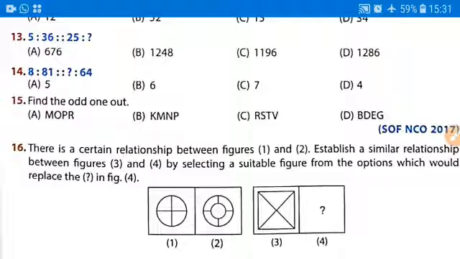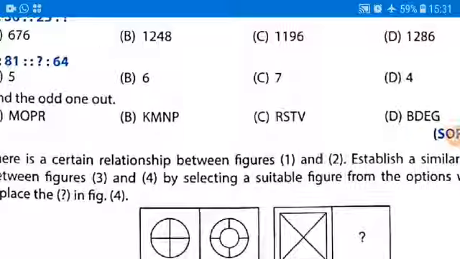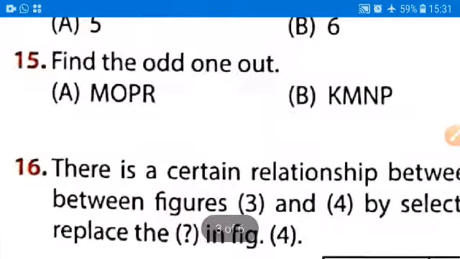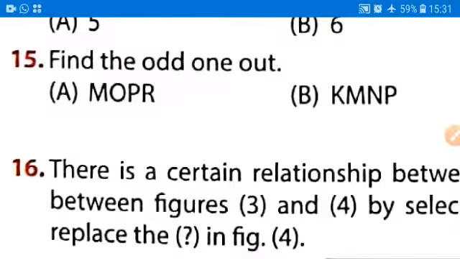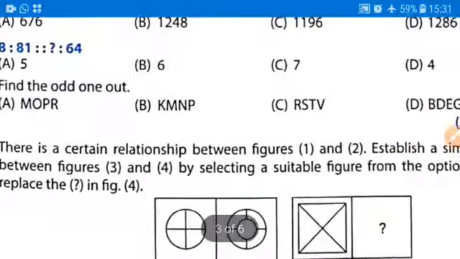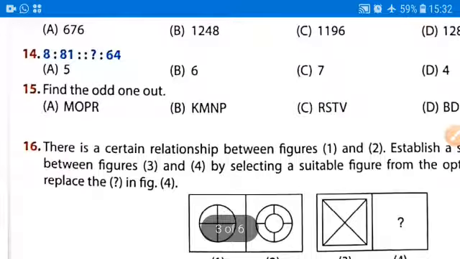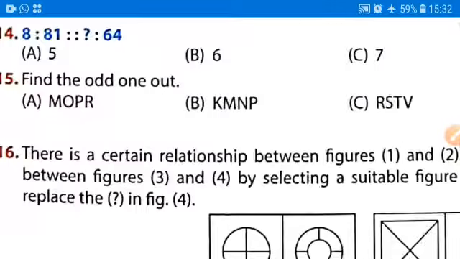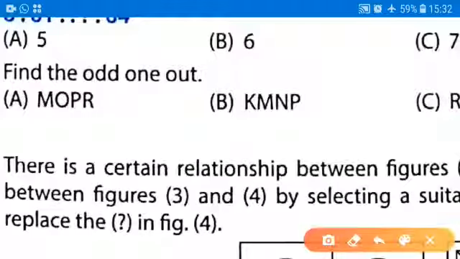This is find the odd one out. So as you can see here, this is option number A, B, C and D. 4 options are given, and we have to find out the odd option from among the 4. So let us check whether any similarity is there between these 4 options. Let us check. So this is M. After M we have N, but we are leaving that and we are directly writing O.